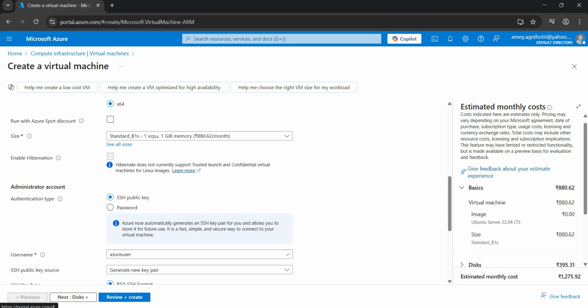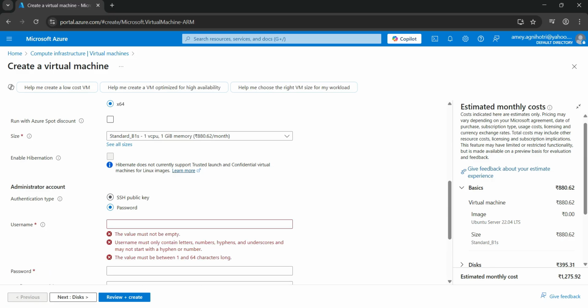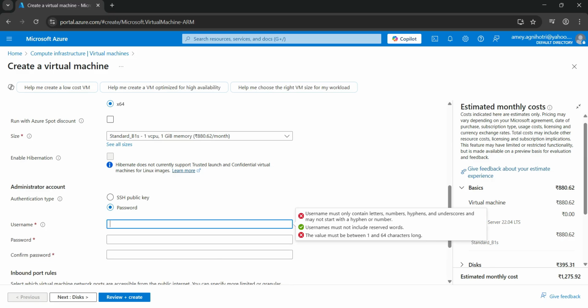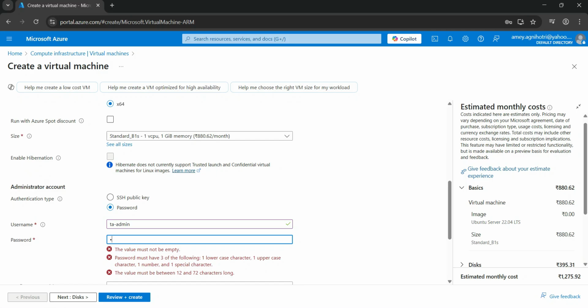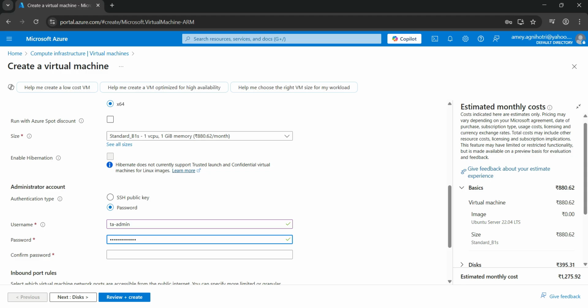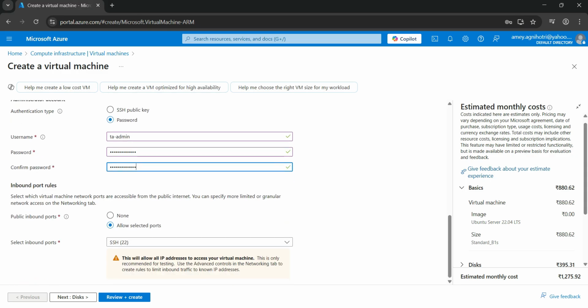Then on the administrator account part, there are two options. Either you can use SSH public key or password. I'll use the password, and then I'll give the name, TA admin, and enter the password, and then confirm the password. And then in the public inbound ports, once we launch our website,